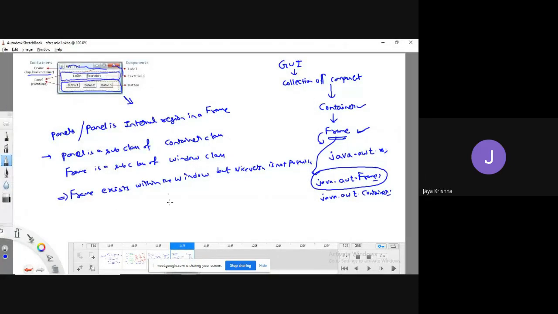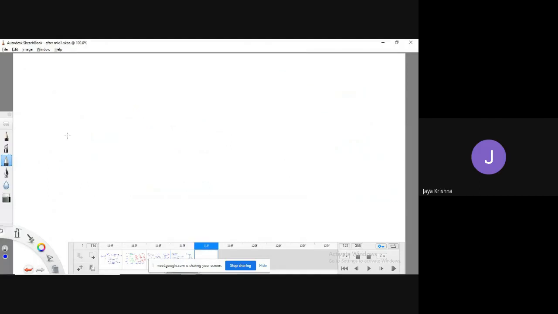If you look somewhat in depth at the Frame class, guys, try to listen carefully. If you want to create a frame with a title, a menu bar, and some kind of border, it looks like this, then I will go for the concept of Frame.